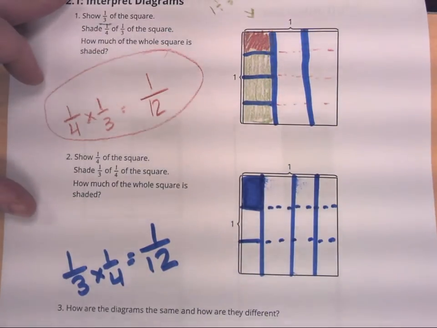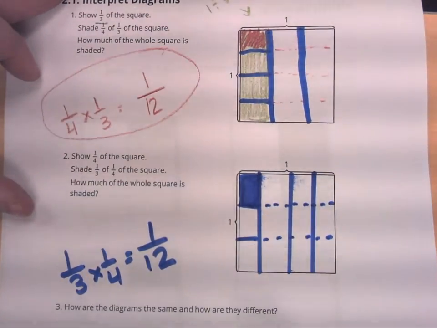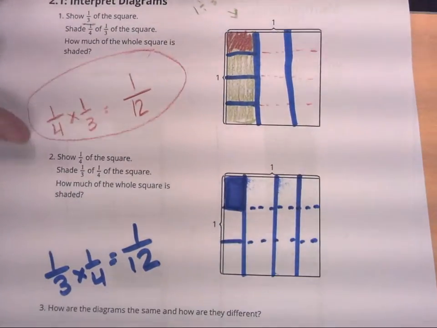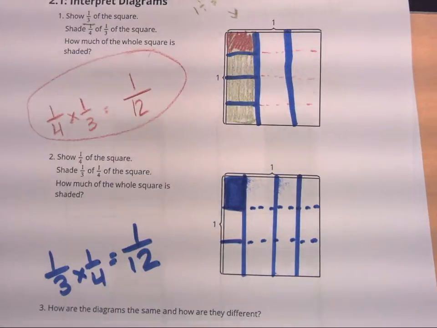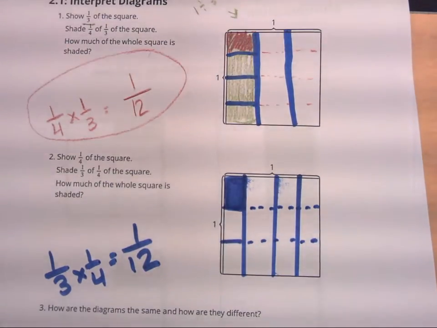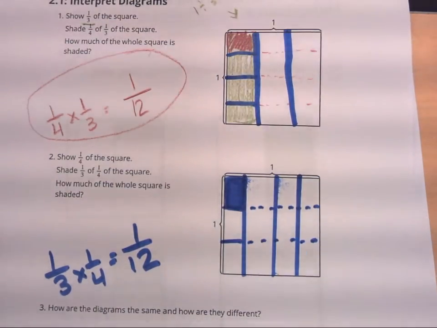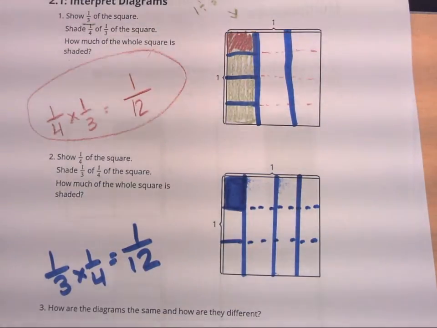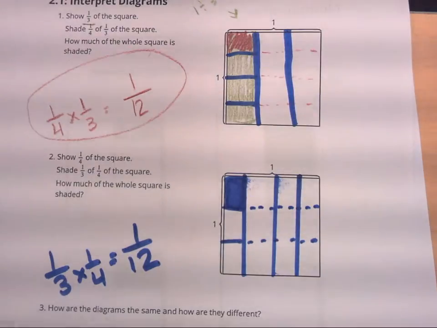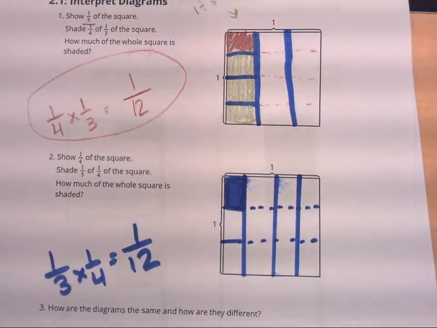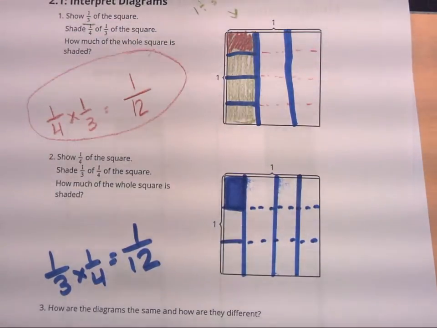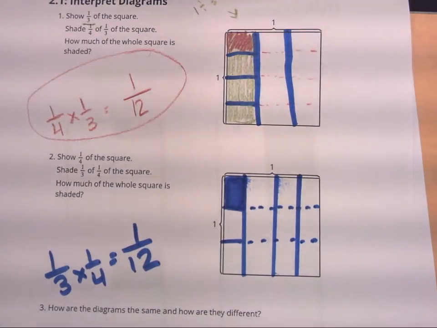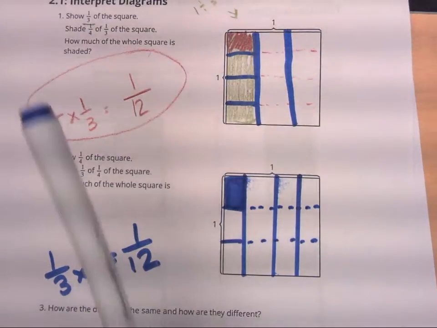And so when students were asked, how are these diagrams different? A lot of students didn't really think they were different. They were pretty convinced that they're basically the same thing. And so they were correct in identifying that both diagrams were really just 2 different ways to solve the same problem. But if we were going to explicitly identify a major difference between the two, we started in the first